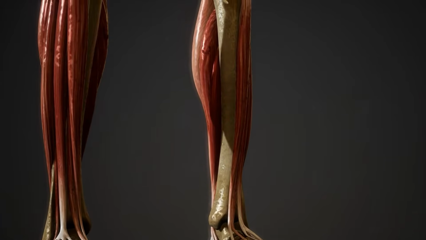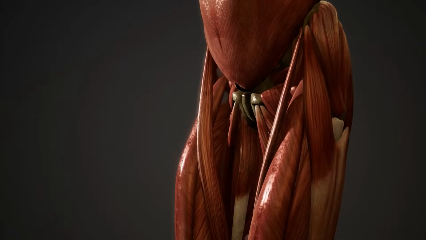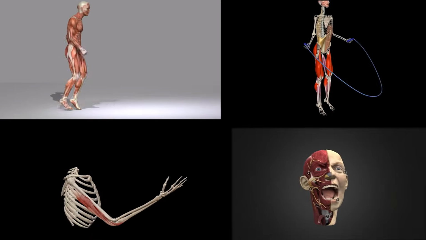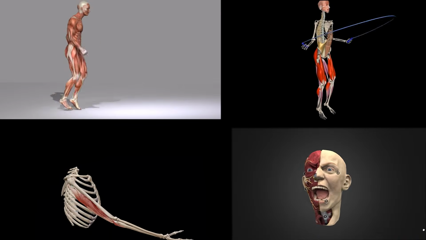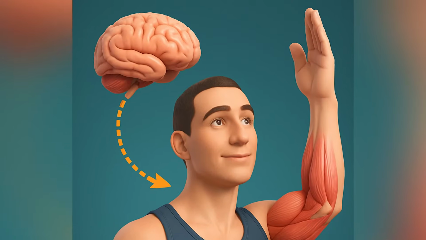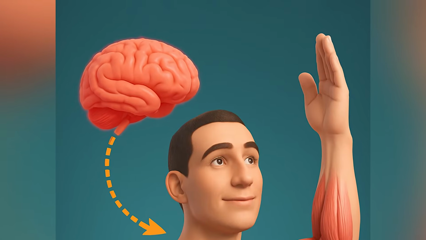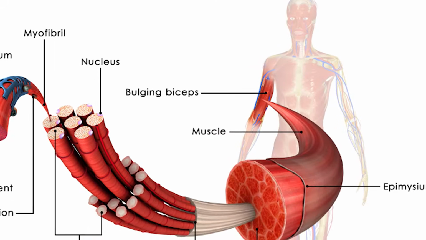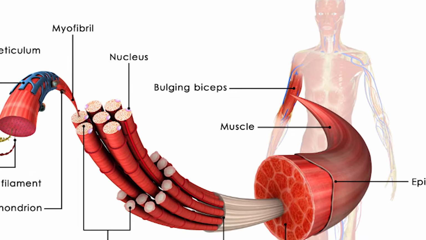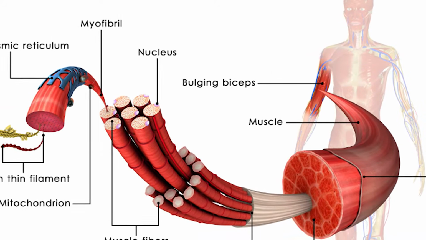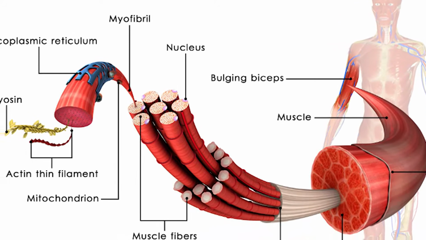Skeletal muscles are the ones you can control. They're attached to your bones and help you do things like jump, run, wave, or smile. If you decide to lift your arm, your brain sends a signal to these muscles to move. They look striped under a microscope and are called striated, and have many tiny control centers, nuclei, to help them work